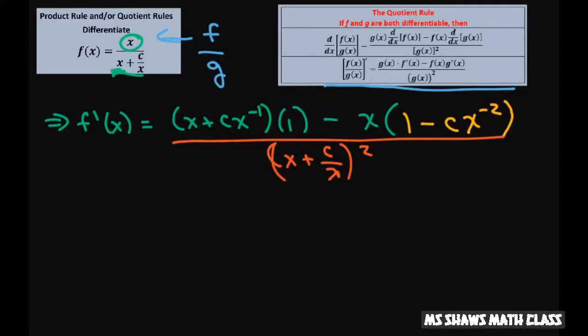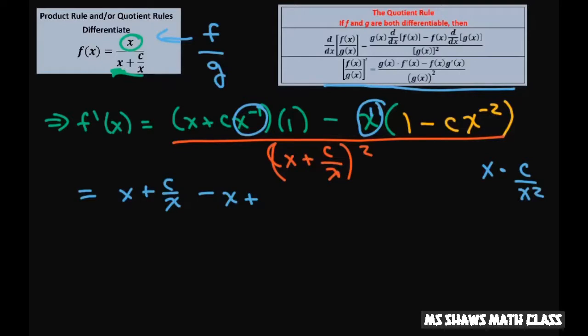Now let's clean up our numerator. So that's just going to be x plus c divided by x. I'm going to move this guy back down. Minus x plus, when you multiply these two, this is like saying x times c divided by x squared. So x will go into x squared one time. So that's just going to be plus c divided by x, all divided by,